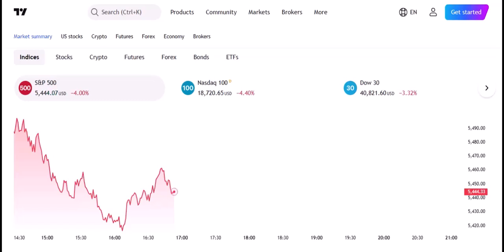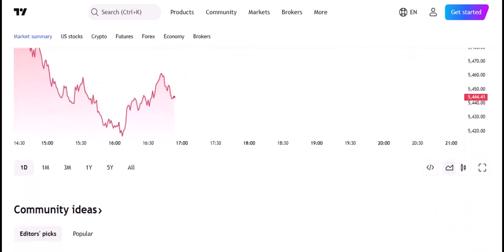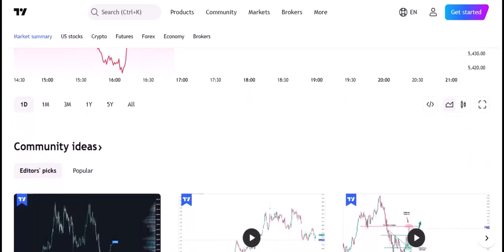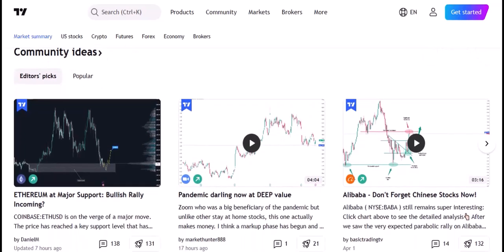choice for multi-asset traders. One of TradingView's undeniable superpowers is its vibrant social community. It's a place where millions of traders from around the globe share ideas, publish analyses, and engage in real-time discussions. This social aspect is invaluable for both novice and experienced traders looking to gain different perspectives, learn new strategies, and stay informed about market sentiment. You can discover top trading ideas, follow experienced traders, and even participate in live video streams. While MT4 has a community for MQL4 developers, it pales in comparison to the active, idea-sharing network that TradingView has